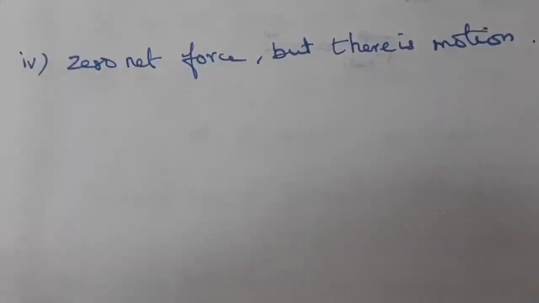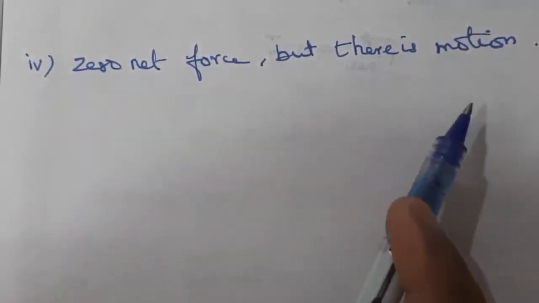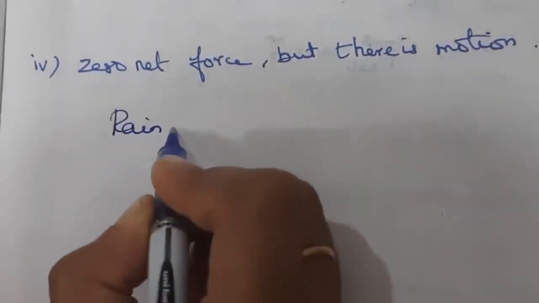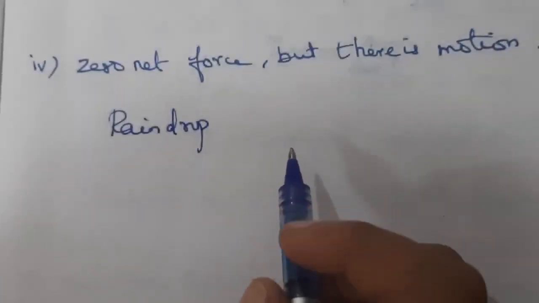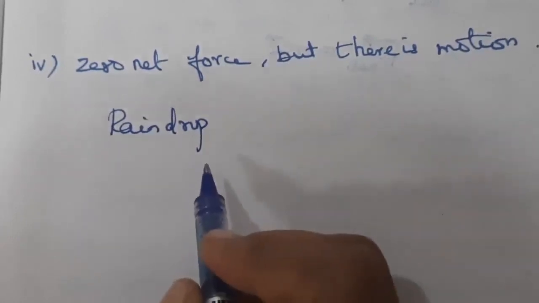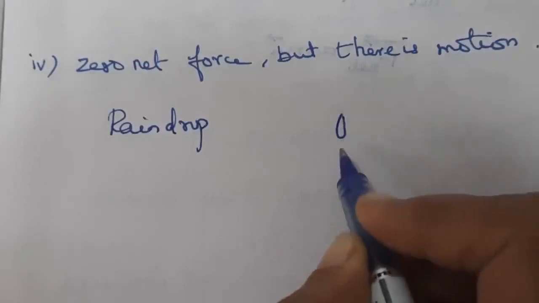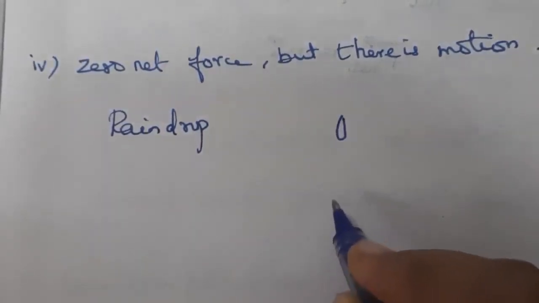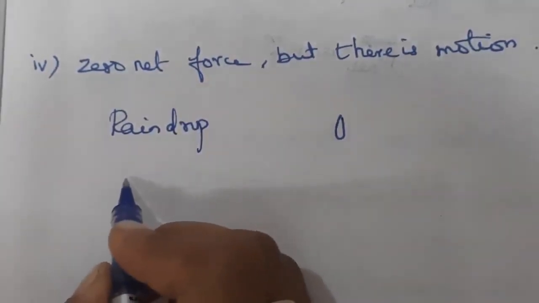Case 4. Zero net force, but there is motion. Consider the raindrop. That is, this raindrop coming from the cloud. So the raindrop coming from the cloud experiences two forces. One force is